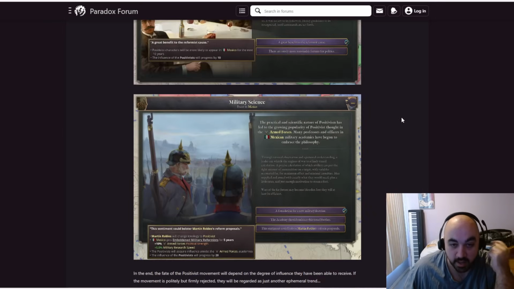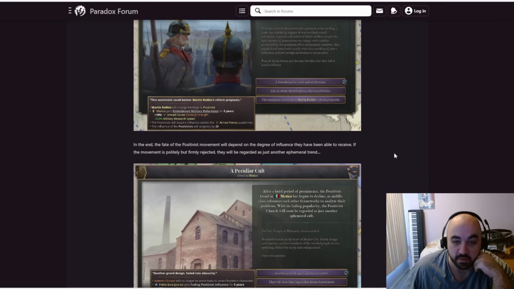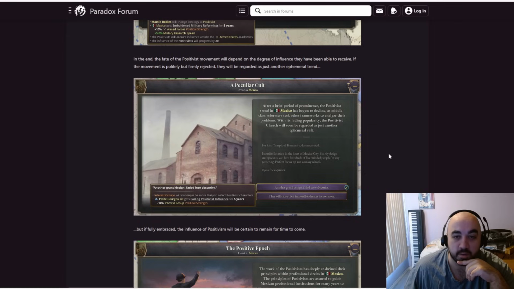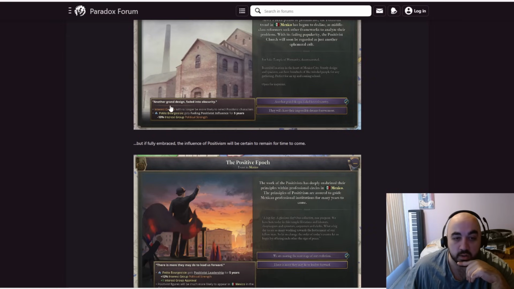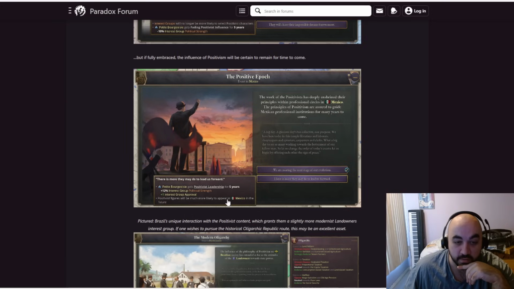Very interesting. Do we see some of these bonuses? Let's see, 5% military research speed and extra armed forces political strength. That seems good. In the end, the fate of the positivist movement will depend on the degree of influence they've been able to receive. If the movement is politely but firmly rejected, it will be regarded as just another bad ephemeral trend, and you get minus petite bourgeoisie political strength. But if fully embraced, positivism will remain for some time to come. We see for 5 years, plus political strength for petite bourgeoisie and interest group approval, and positivist figures will be